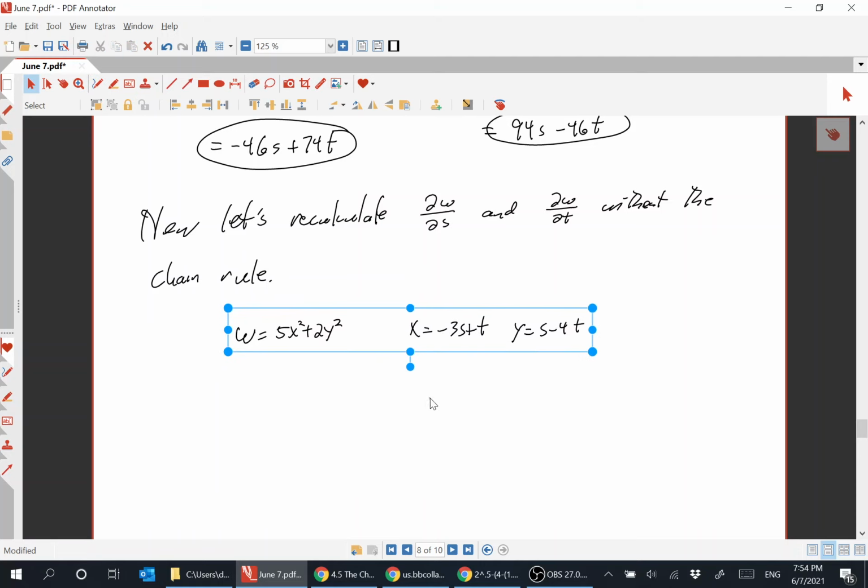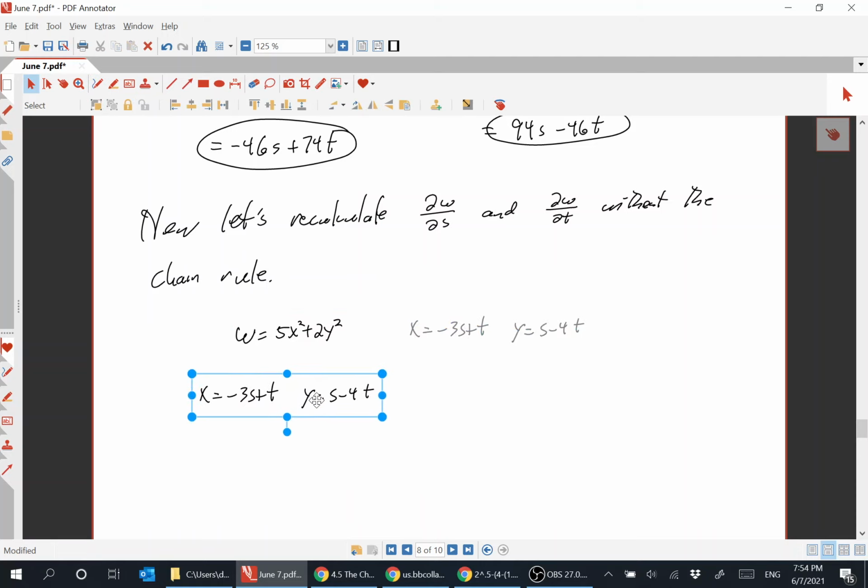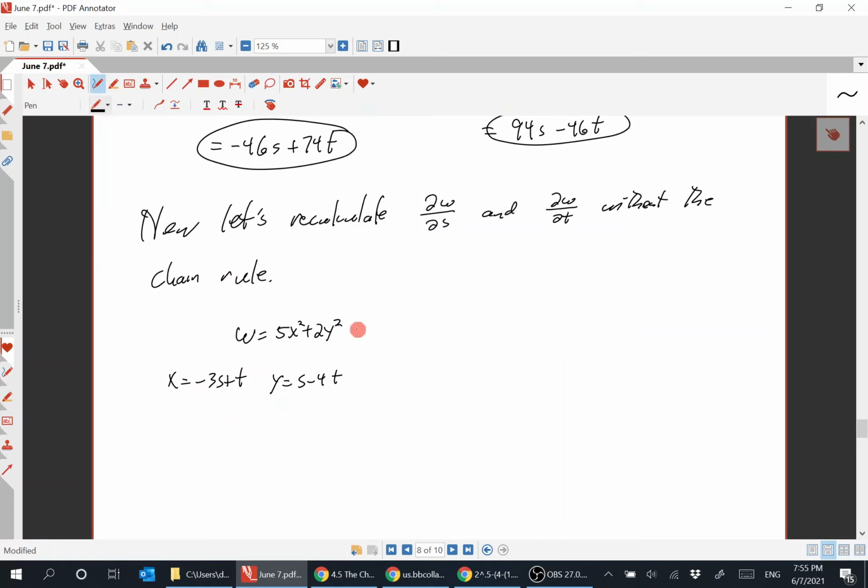Right, so w is 5x squared plus 2y squared. So this is equal to 5 times minus 3s plus t, quantity squared, plus 2 times s minus 4t, quantity squared, which is equal to